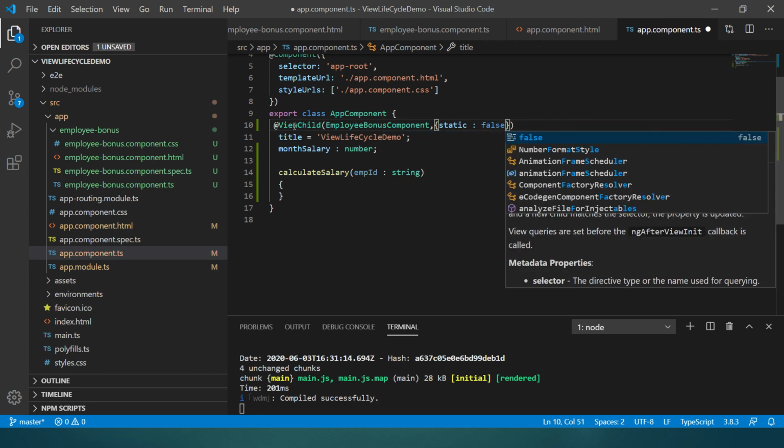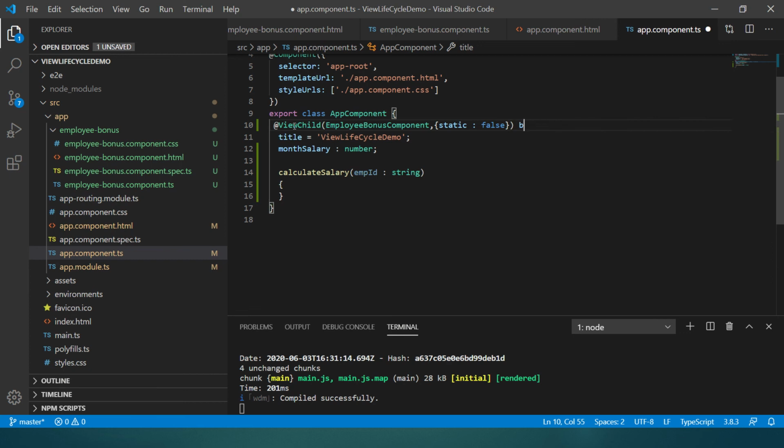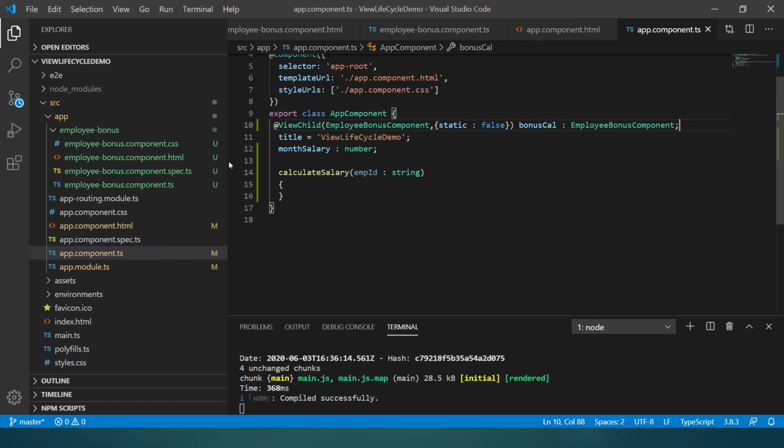About this we have discussed in detail in the previous video. Kindly watch that video. Let us give some variable name, of type EmployeeBonusComponent. By using this property we can use the properties and methods of the employee bonus component.